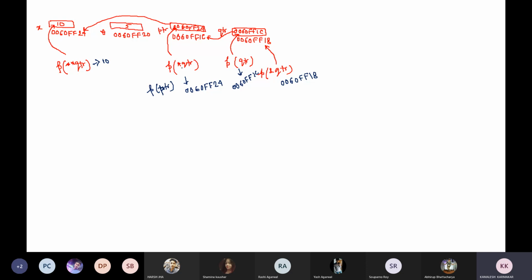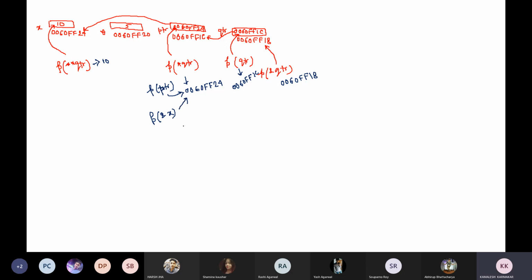ptr and star qtr both are same, because qtr is assigned the address of ptr. So ptr and star qtr, these two things are same. So if you print it again, the same value will be printed. Similarly, if you access ampersand x, again the value will be same.